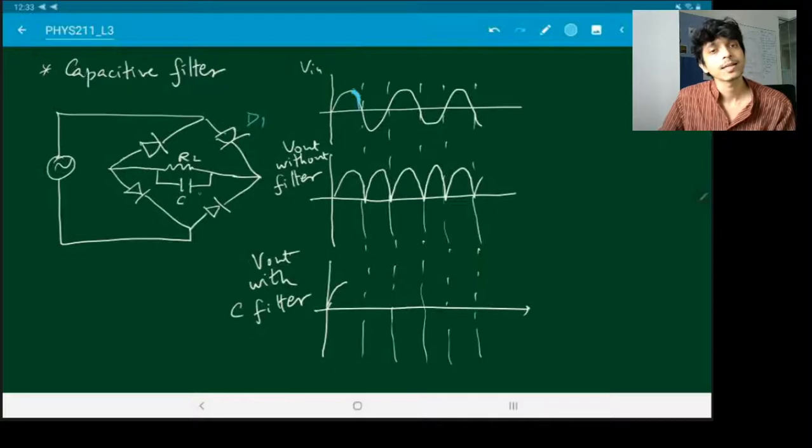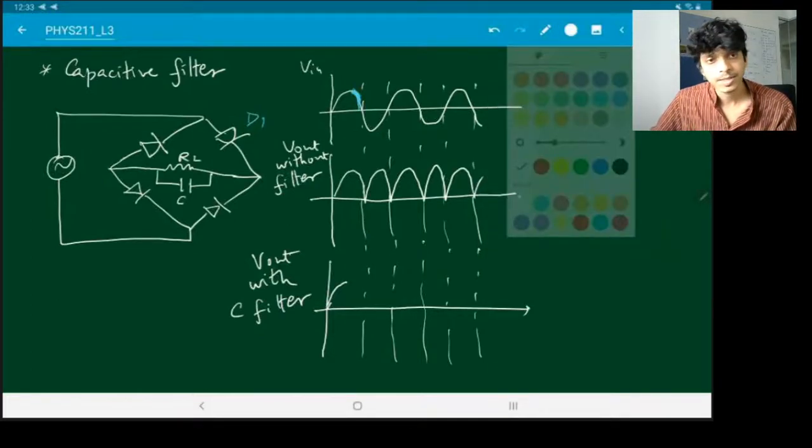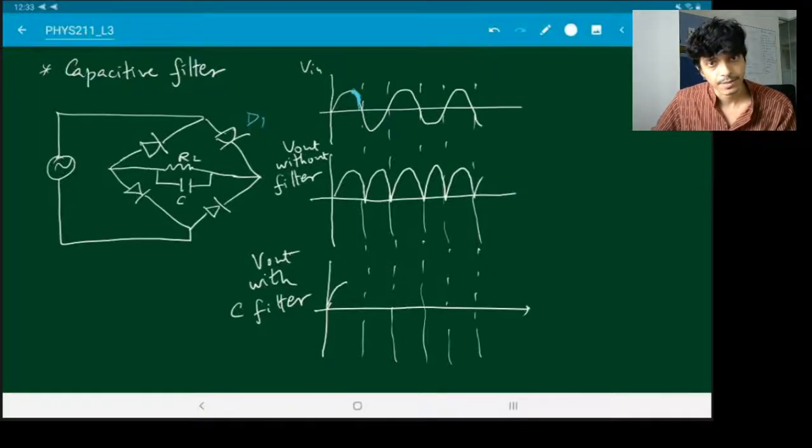So now the capacitor starts to discharge, and the capacitor discharges through the load resistance, and that is what gives us the output. So now the output is not coming because there is current coming from the source, it's current coming from the charge stored in the capacitor. And you remember how the discharge of a capacitor looks from the previous module. Instead of coming down like this, it starts to discharge like this.